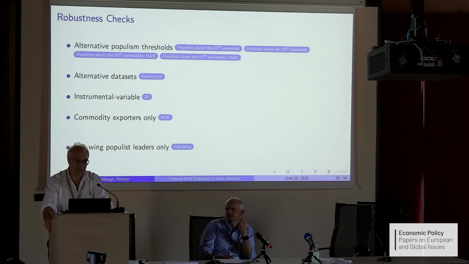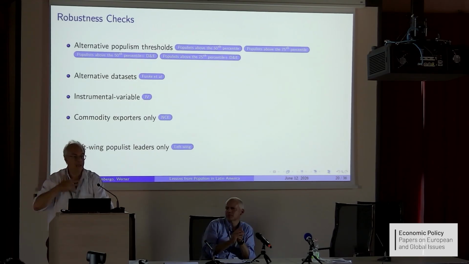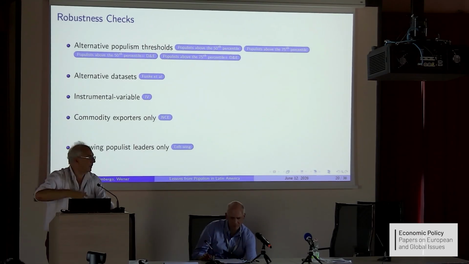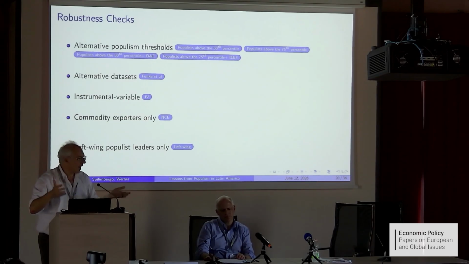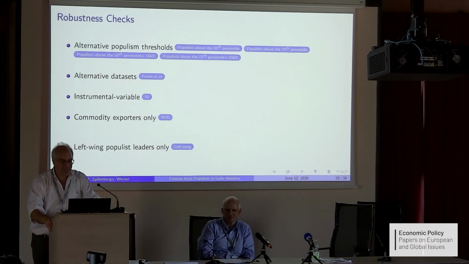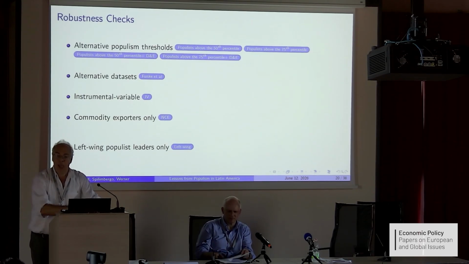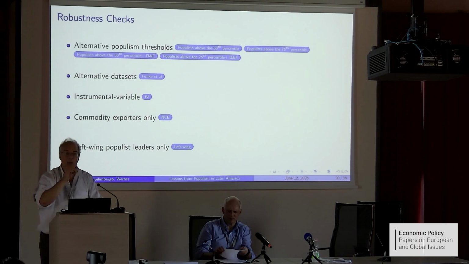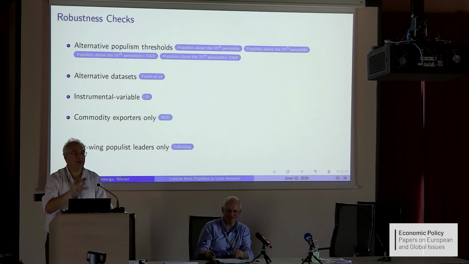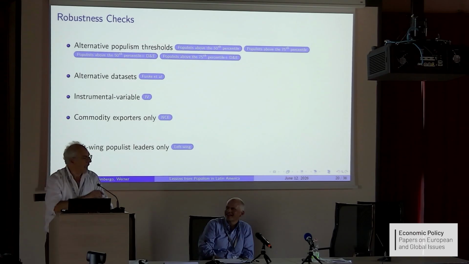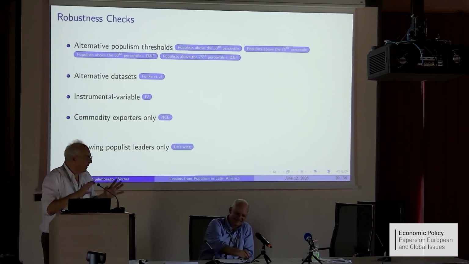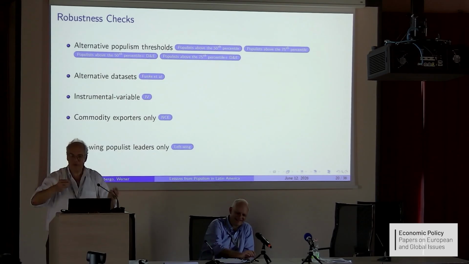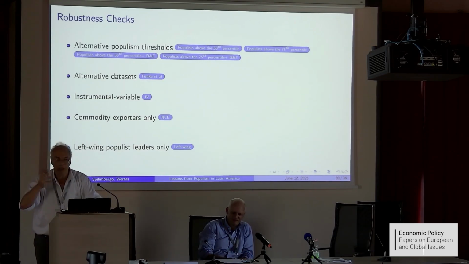Now we do a bunch of robustness tests, using alternative thresholds and alternative definitions. As I said, I like our definition because it is logically consistent, but we are very democratic and we accept other definitions. We have commodity exporters only, and left wing. There was a co-author who was very keen on showing that left-wing populists were particularly bad. He couldn't find it. And I'm happy about this because it shows that the issue is check and balances more than the...